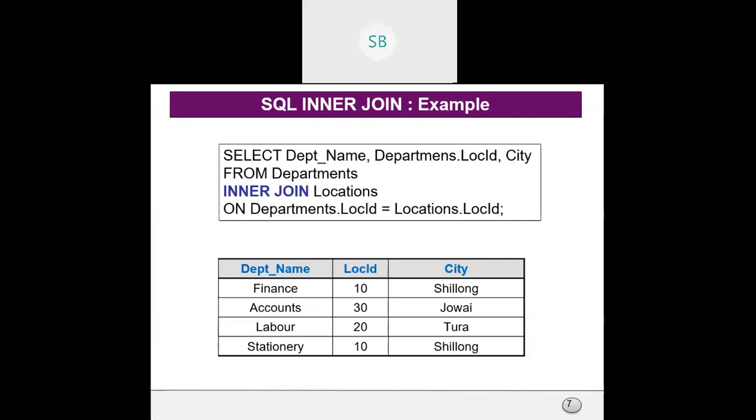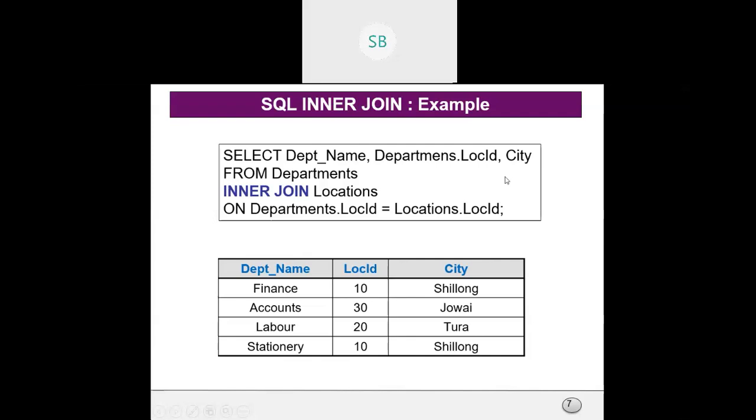In inner join, we are joining two tables based on the location ID, because location ID is common in both the tables, the department table and the location table. You need to find the department name and department location ID, and then you need to find the city from the location table.